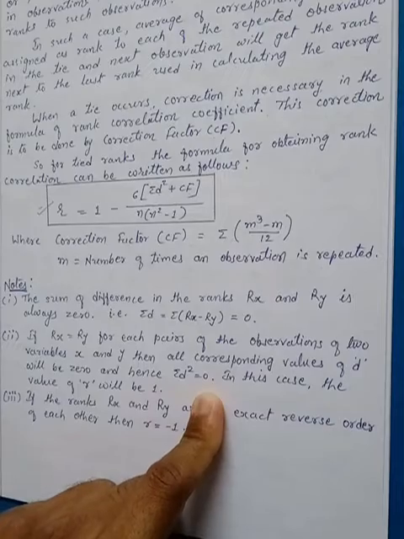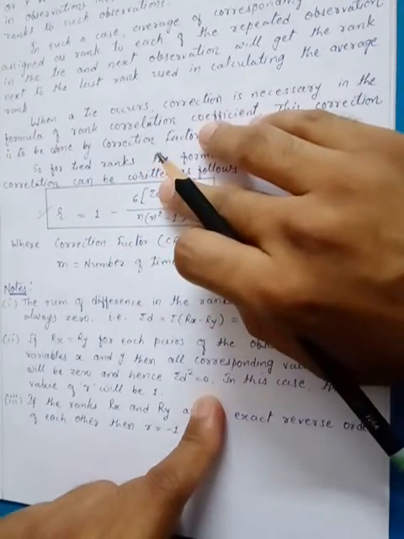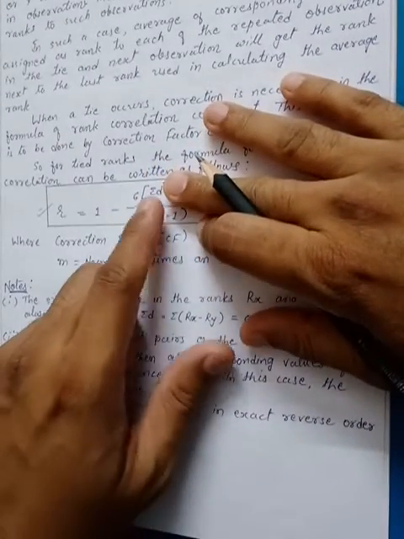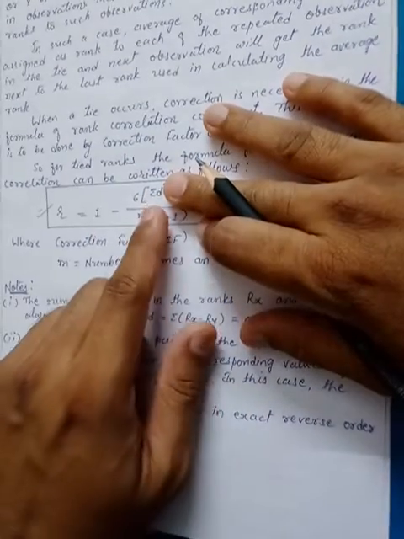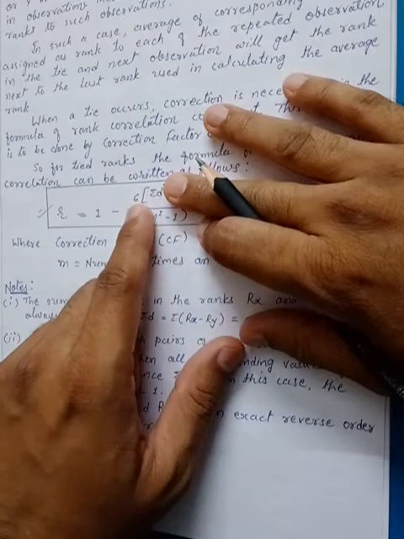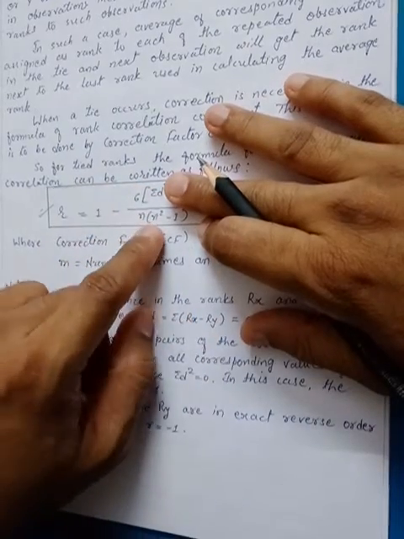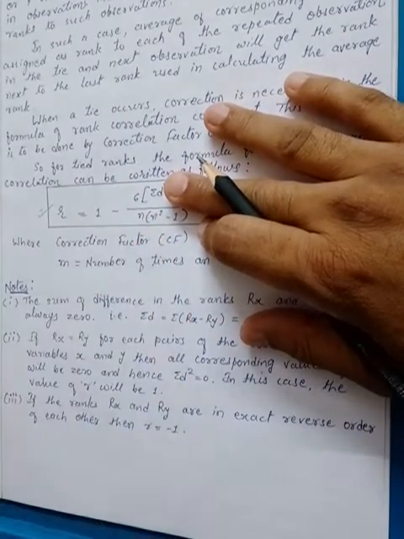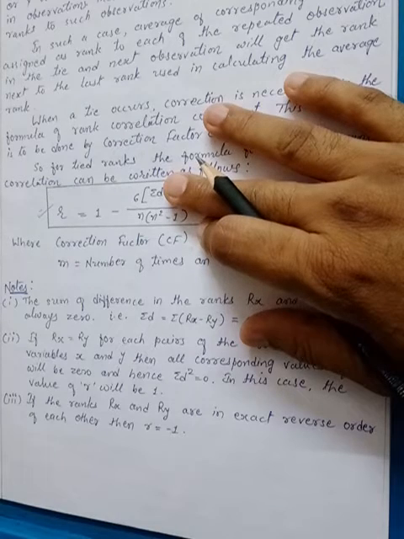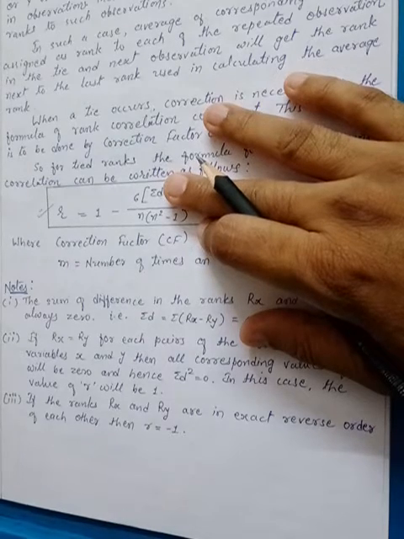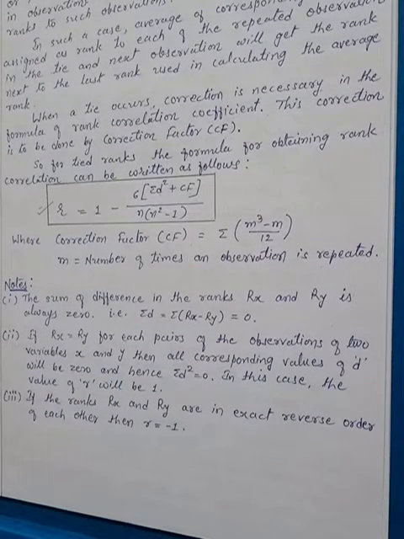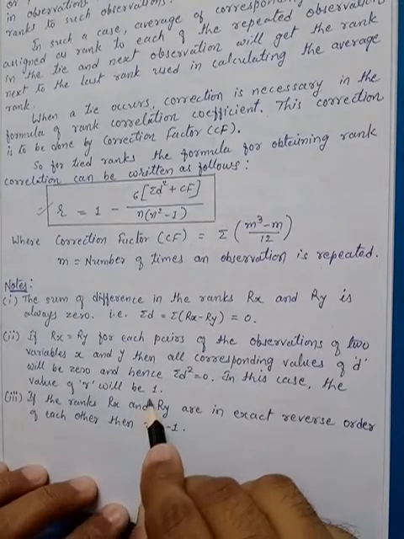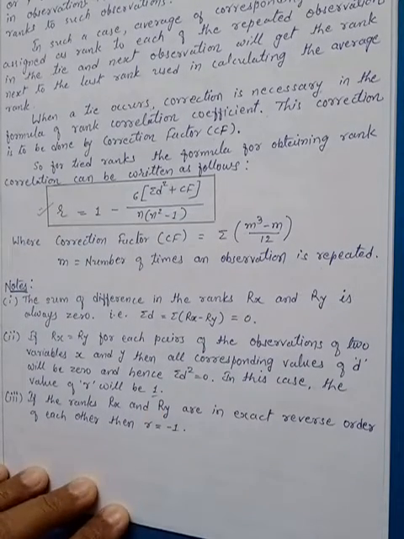Now it is very simple. See, if sum of D square is 0, this one, CF is not there. But if sum of D square is 0, the original formula we are taking, not the correction factor formula. So if sum of D square is 0, then 0 into 6 is also 0, 0 upon this value also 0. So 1 minus 0, you will get the answer how much? Perfect positive correlation, that is only 1. So when the ranks of y and ranks of x are equal for each pair of observations, in that case you will get rank correlation coefficient exactly equal to 1.